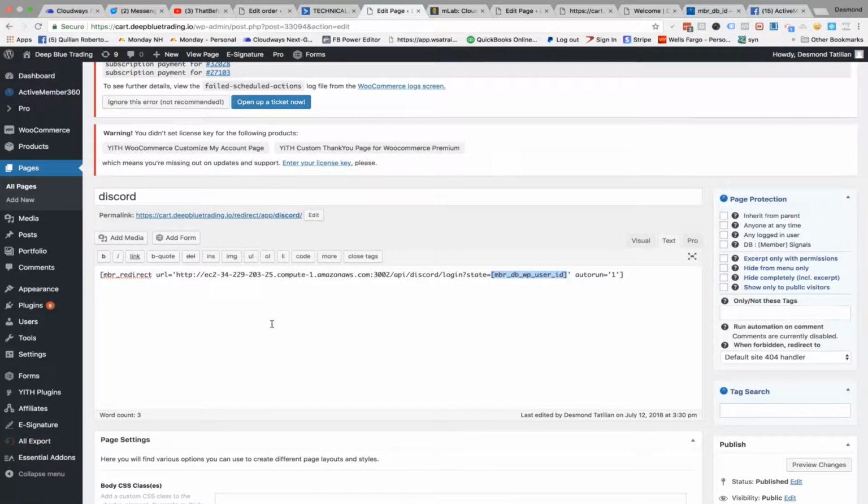But because Deep Blue has to utilize the old WordPress ID, I'm passing the WordPress ID from WordPress into ActiveCampaign when the customer checks out, or any time the customer visits the welcome page, it repushes it because it fires every time. So it just resyncs that ID. And then when someone clicks the button to go to Discord, it redirects them to this URL and inserts that custom field into the URL, which makes it login equals state equals